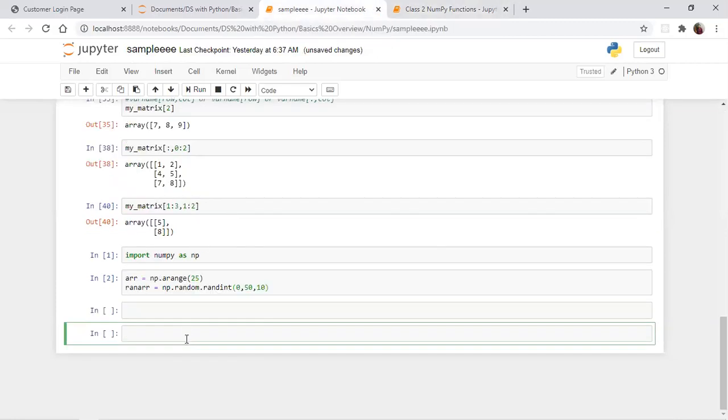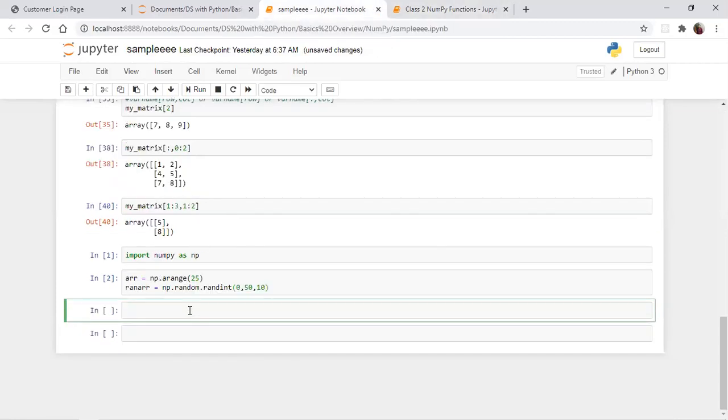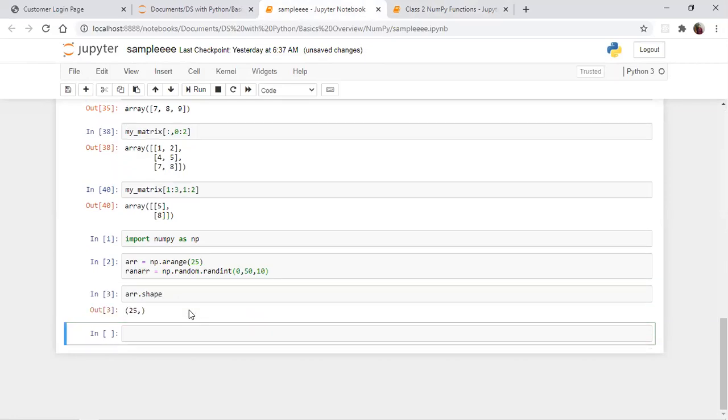Shape always comes as row comma column. Yesterday we discussed that everything is based on rows and columns. When I give the variable name dot shape, it shows 25, that means it has a total of 25 rows. It has only one column, actually no columns, it just continuously has the numbers. That's the reason we say it as 25.